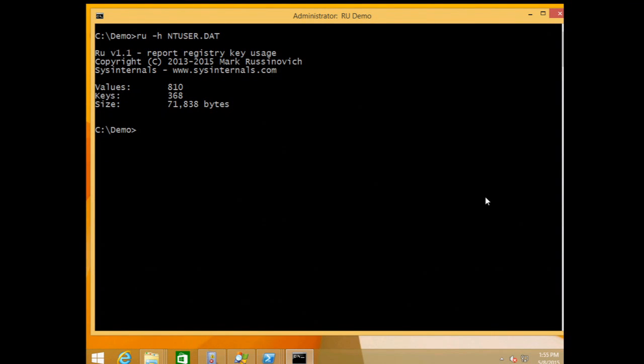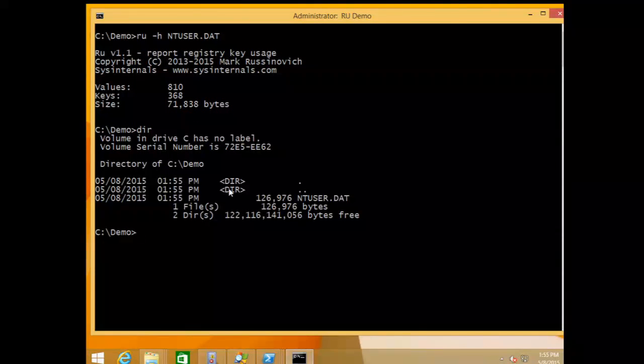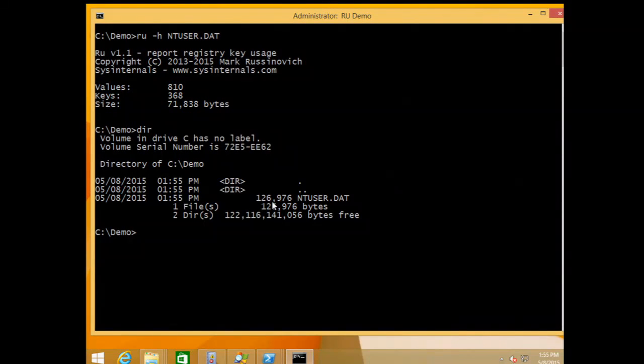Okay, so this thing has 810 registry values in 368 keys, total size consuming 71,838 bytes. Do a directory listing again, and you can see that the file is now about half the size that it used to be. So if you need to compress registry hives, this is one way you can do it. Like I said, you can also dig in and see what those